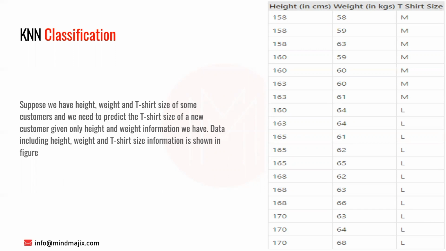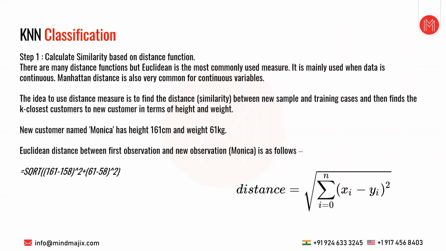For that we go with step number one. In step number one, calculate the similarity based on a distance function. There are many distance functions, but we will use the Euclidean distance. The Euclidean is the most commonly used distance measure. It is mainly used when data is continuous. Manhattan distance is also very common for